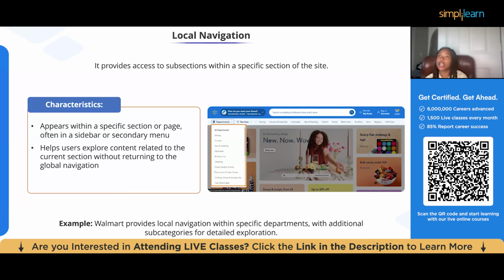And then we have local navigation, which provides access to subsections. Local navigation provides access to subsections within a specific section of the site. So here we have this side navigation on Walmart. It appears within a specific section or page, often in a sidebar or a secondary menu. It helps users explore content related to the current section without returning to the global navigation. And then Walmart provides local navigation within specific departments with additional subcategories for